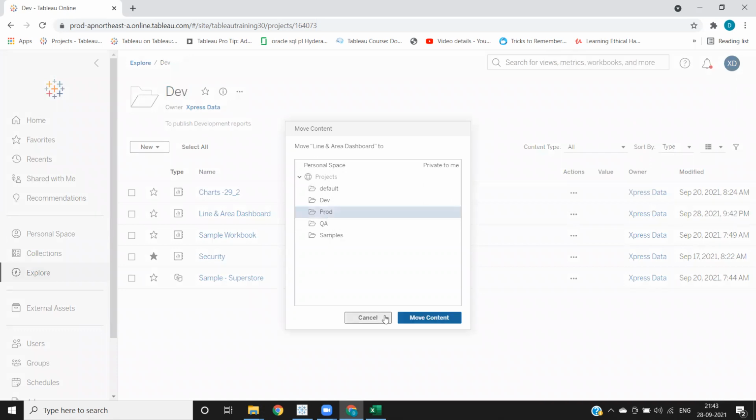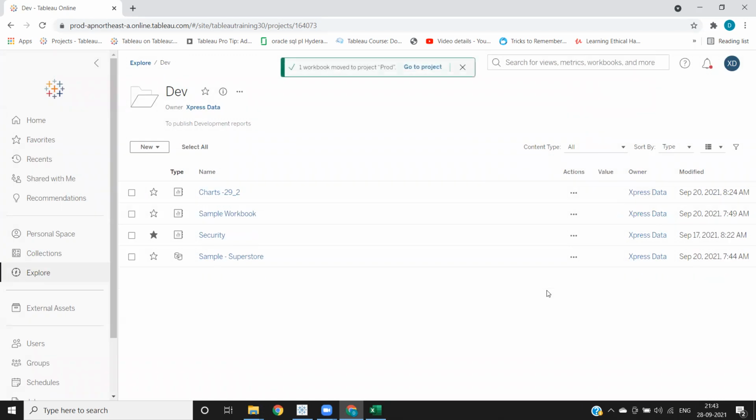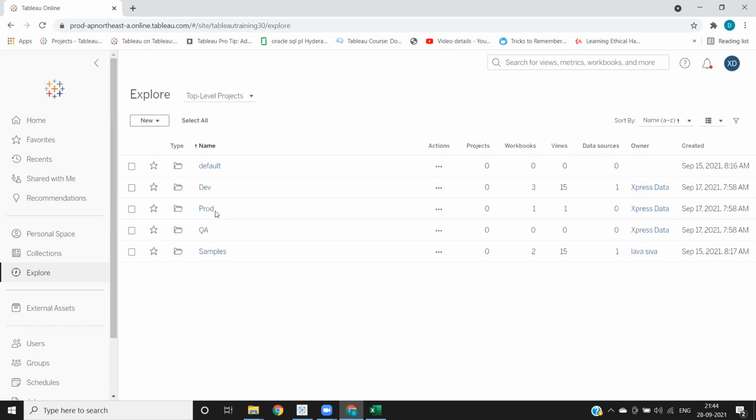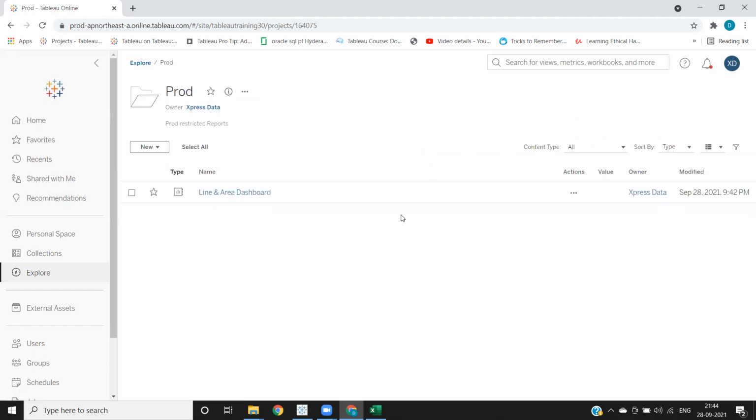Click on prod and click on move content. Automatically this report will be moved. Now you see that the report is not available here. It is moved. If I go to our prod folder, here is our report. So very simple, we can move our reports directly from one folder to another folder within the server.